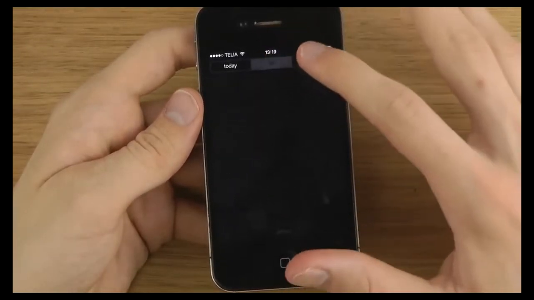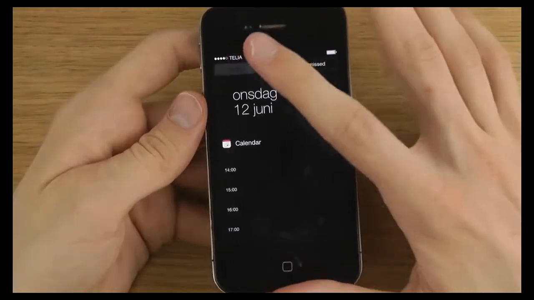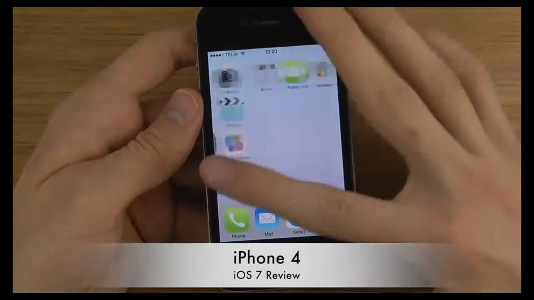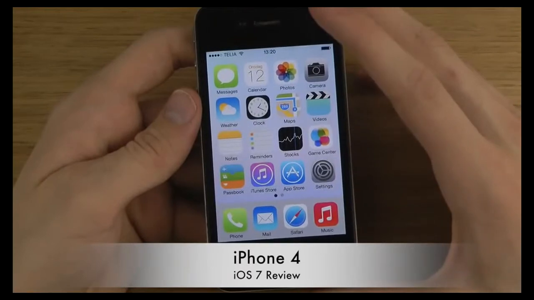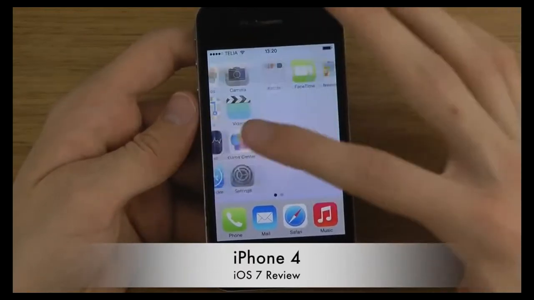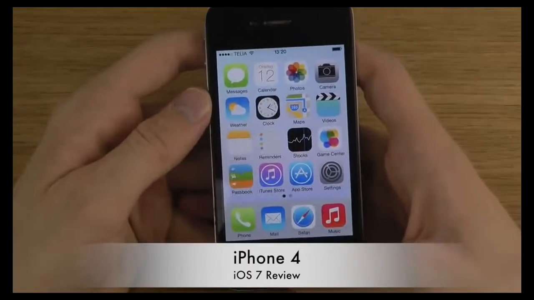You can probably also see all the notifications here and missed stuff. I'm not really sure how notifications will look because I haven't got a notification on this phone right now, but that is definitely also a change. Also, in terms of multitasking,